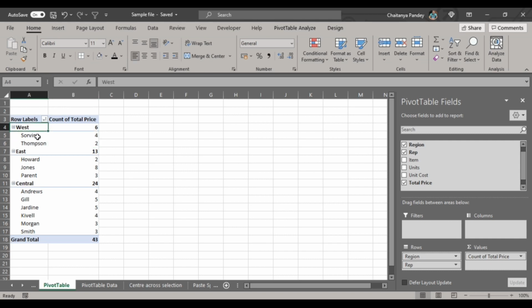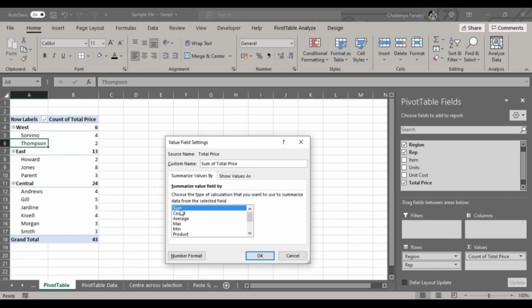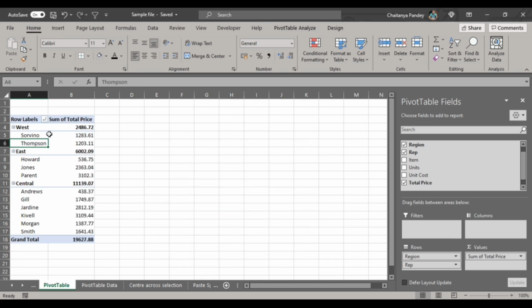Like in West you have Sorvino and Thompson. These both belong to the West region, and let's change it to the sum value. So Thompson under the West region did a total price of 1203. This is a very handy feature to summarize your data.